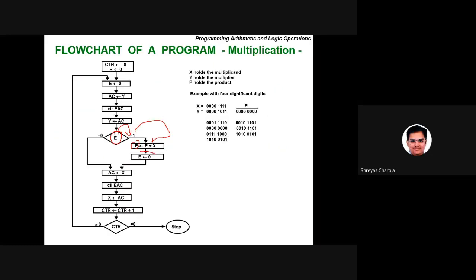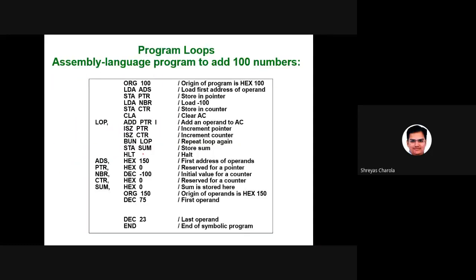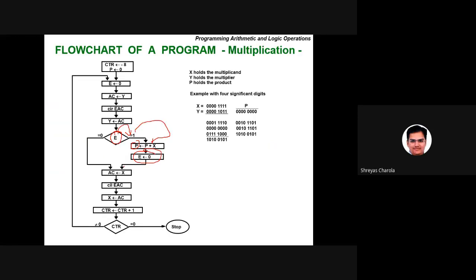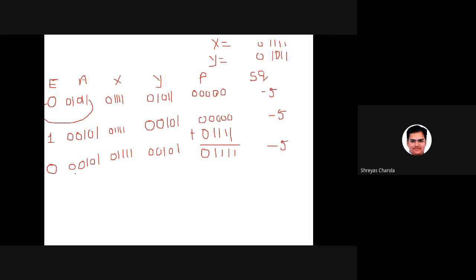Once you do that, you put E equal to 0. What am I doing? Now I don't want this because according to the E value I had done the operation. Now I am putting it to 0. After putting the 0, coming to here, put the value of X into accumulator. I'll do that also. Again, put the value of X into accumulator. Let it be here. 0, 1, 1, 1, 1, 0, 1, 1, 1, 1.